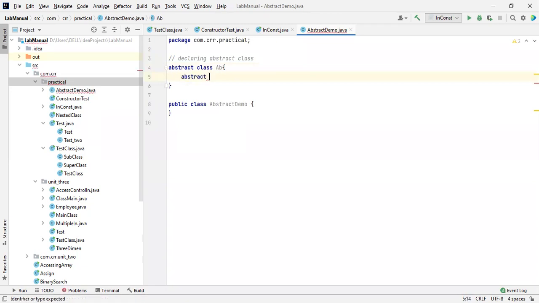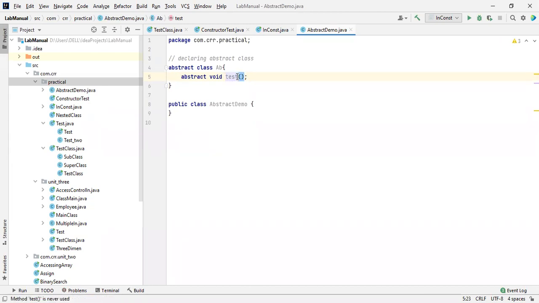Let me create an abstract method. The name of the method, I'll take it as test. Oh, sorry, I forgot. So here is how to declare a method like this. We are not going to show the implementation over here. We'll implement it somewhere else.